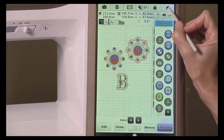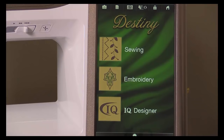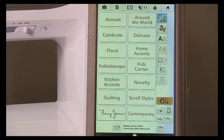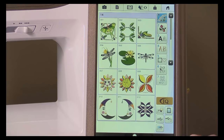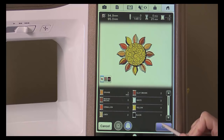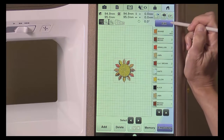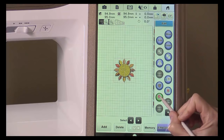Okay, touch the Home key to go back to the home screen. Touch the embroidery key and go back to the Contemporary menu. This time, choose design 008, the sun design, and set it on the page. Touch the edit menu here, and one of the new keys here is your save outline key. When you touch that,